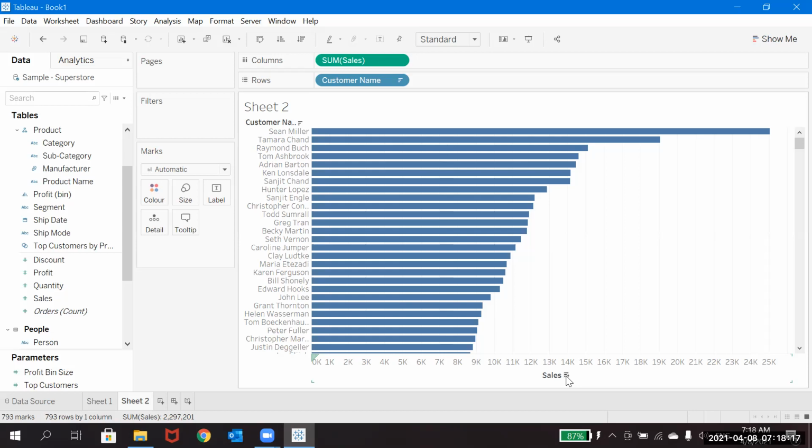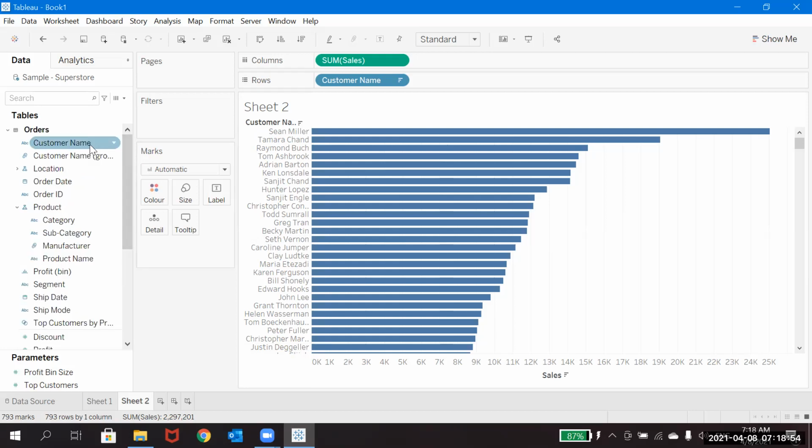Now in this case also, what I would like to show is, in all these customers, we have a lot of customers here. Among these I would like to find out 80% of the sales using 20% of the customers, so that I can know that these are the customers with which we got 80% of the sales. So how can we create that set?